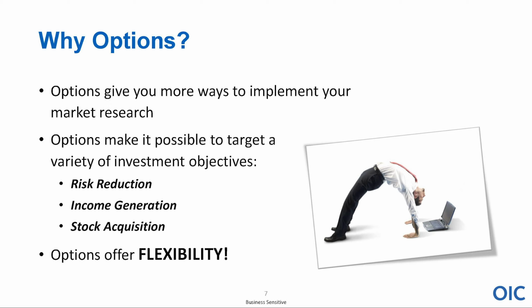So let's talk about why do investors choose options? Why would you get involved with options? You probably understand at least the basics of buying and selling stock, but options is kind of a different animal, isn't it? So some people use options to reduce risk. I have a position on, I own some stock. We're coming into earnings season, or we're coming into a Fed announcement or an election or something that may concern me. Well, if you don't have options, the only other option is to sell your stock, right? You're either in the stock or you're out of the stock. But with listed options, what you can do is we can reduce risk. We'll give an example of that coming up in about 20-25 minutes or so.